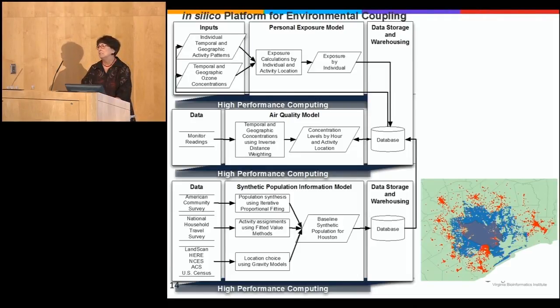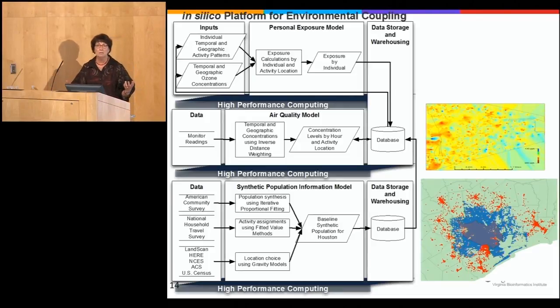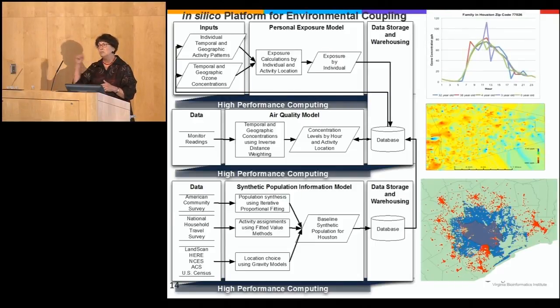And the beauty of this is that we know where those synthetic entities are at every moment of the day, which means that if we take an air quality model and try to attach it to this, we can actually get to the point where we can trace individuals. That top graph is tracing a family, each of the individuals in the family throughout 24 hours of the day, what their ozone exposure is. And the reason this is really important is, just like our colleagues said earlier, that this individual behavior matters. Because if I just average this, all of the effect washes out.